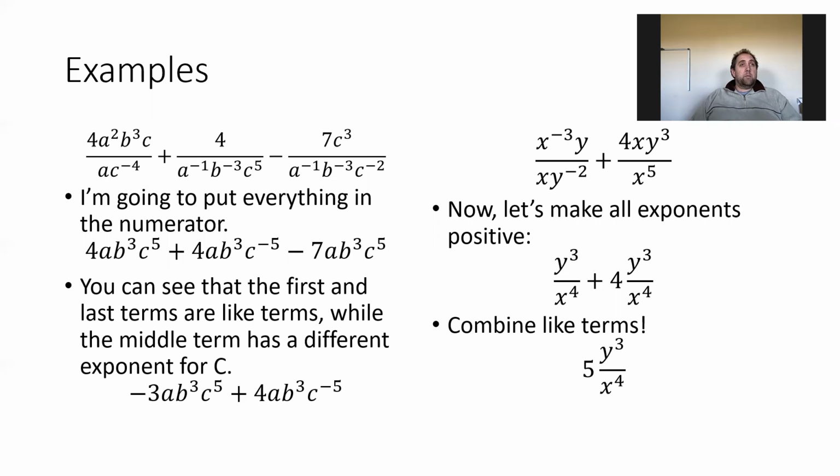And then remember the quotient rule, if we're dividing exponents, it would be a squared minus a to the first, so it would just be a. The b is already in the numerator. There's no b in the denominator. And the c is in both. So let's move that c to the negative 4 up. So we have c to the first power